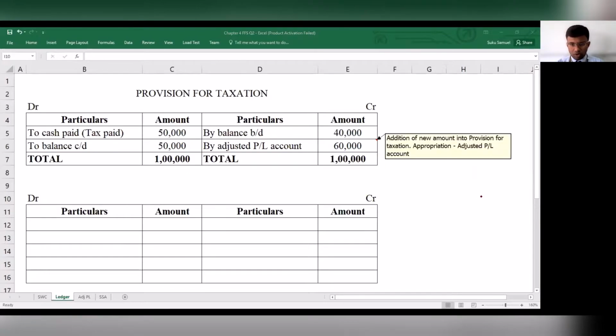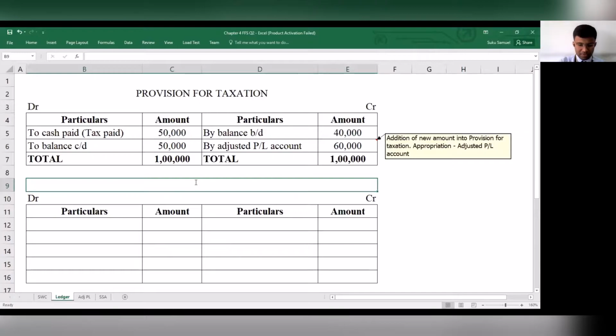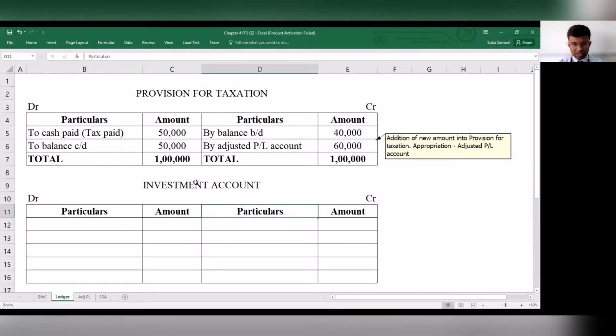Now, next, what item do we have? Next, we have investment, and we have to prepare the investment account. Let's open it up. Now, investment account, we know it's real, so your opening balance will fall on the debit side. So to balance brought down,